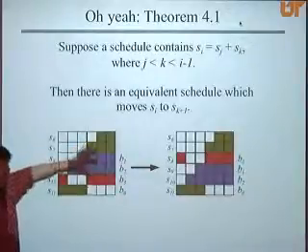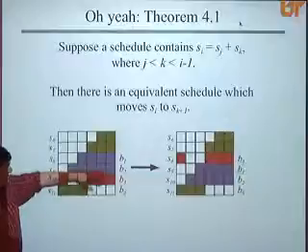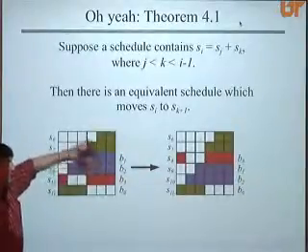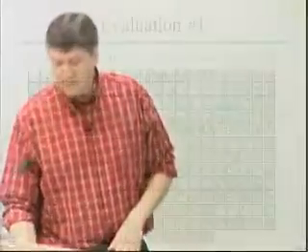I can prove that any schedule that has this element in it, but it's further down than the XORs, I can move it up. What this theorem lets you do is it says, if I've got a target that's 1 XOR away, I can prove to you that I can do that target now, and any optimal schedule is going to be equivalent to that. It's nice. Anytime I can prove that I can do this XOR, I should, because it saves me work. And so I put that one in there as well.